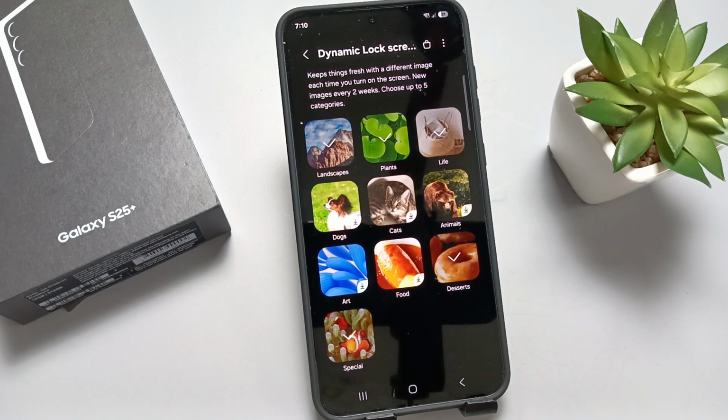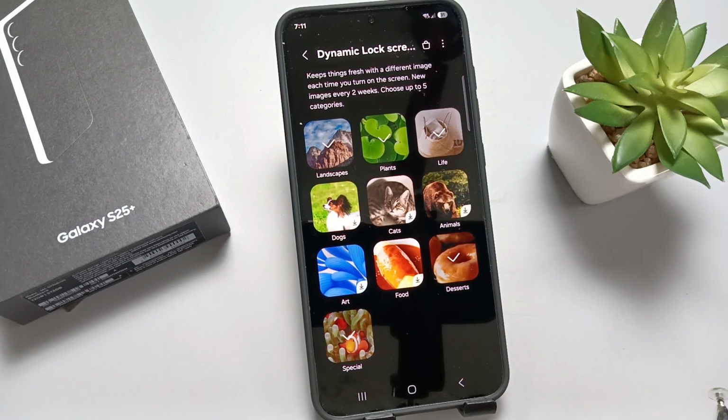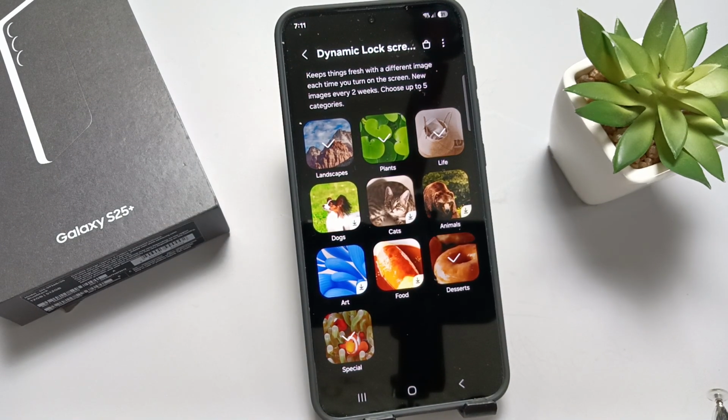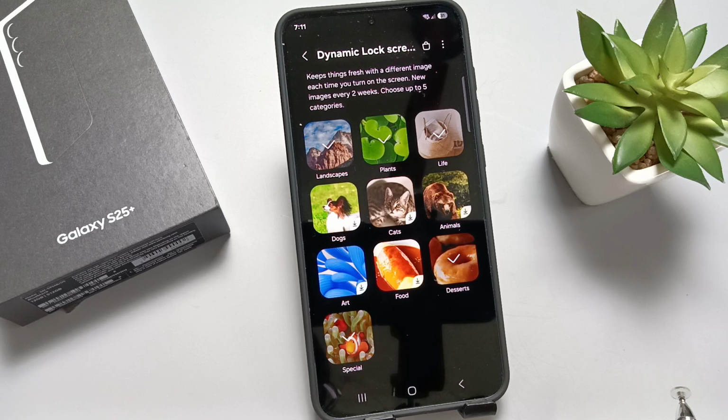So here you can see some categories of photos, and from here you can easily download the category that you want to apply on your lock screen. And these photos will apply on your lock screen also. So simply in this way we can set the dynamic lock screen